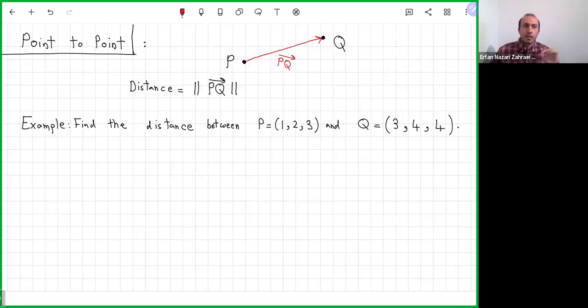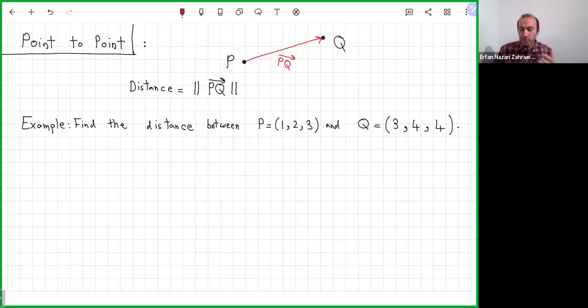In Rn, we can still talk about a point which has n coordinates. We can talk about a one-dimensional line which has a direction and a point, and then it has a parametric equation with one parameter. And we can talk about a hyperplane in Rn, which is basically an n minus one-dimensional flat space, which is defined by one normal vector and a point on it. Between hyperplane, one-dimensional line, and point, you can find distances in Rn with the same methods that we discussed.